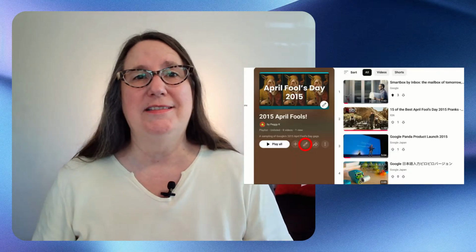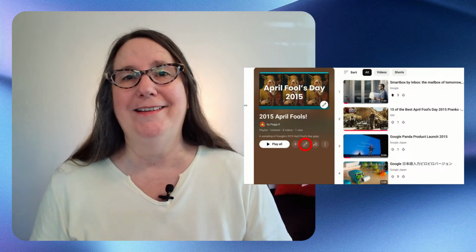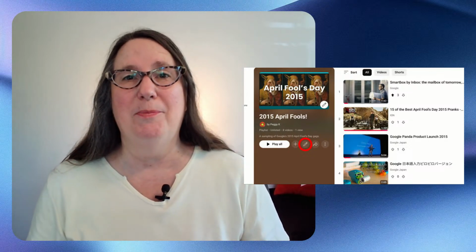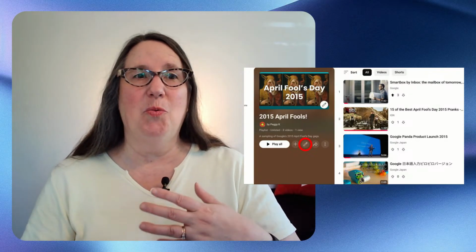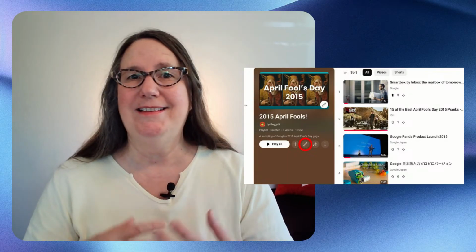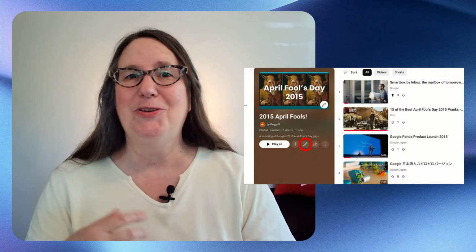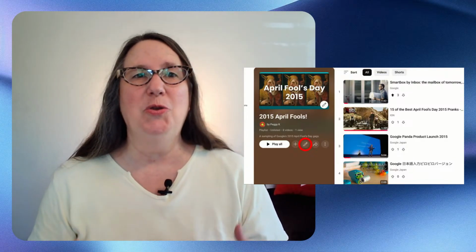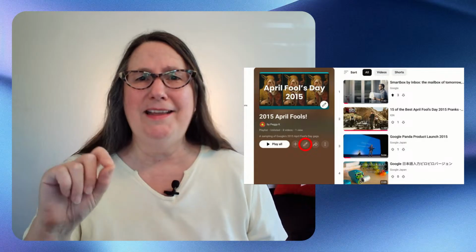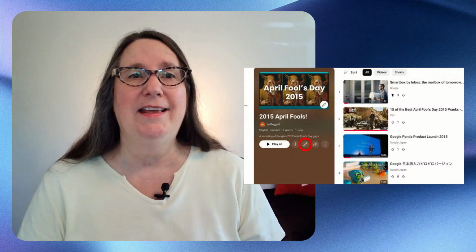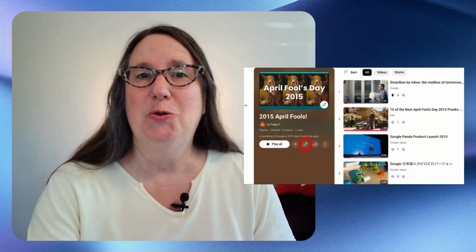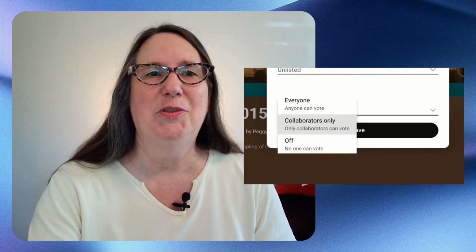You can do this either on desktop or on mobile. Once you've created your playlist, you can click the pencil icon, that's the edit icon, and get to the various settings for the playlist.